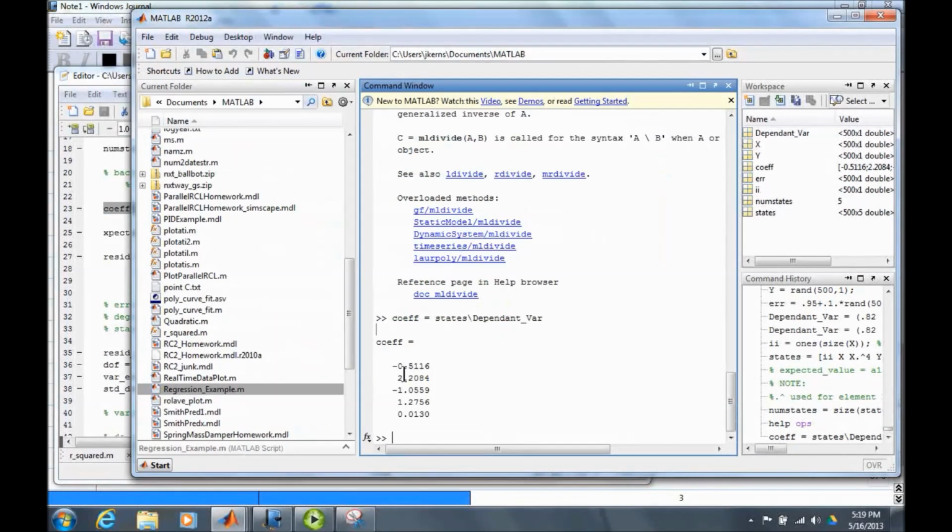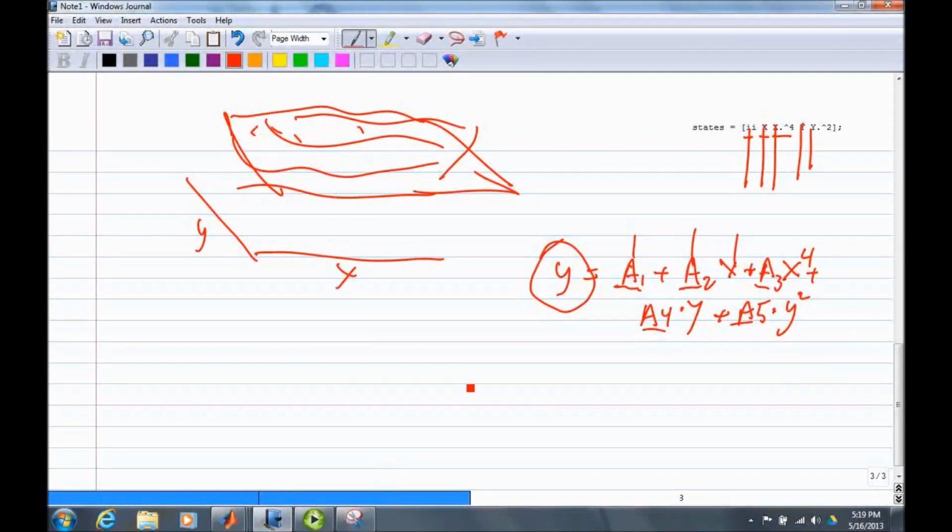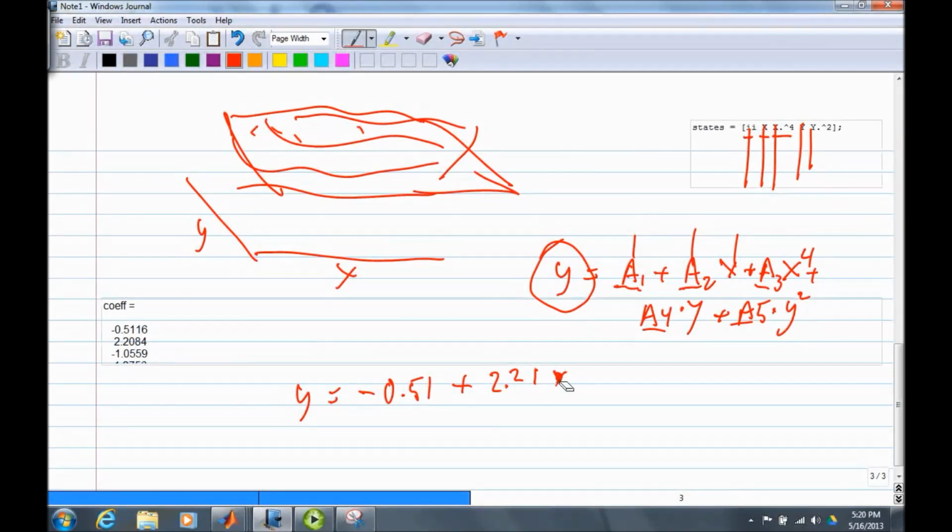So I can evaluate this, and I'll just evaluate it without the semicolon. And it tells me that my coefficients are here. We'll see, and going back to Notepad, put it over here. Paste. I can't read the last one. So what we're saying is that we expect y equals minus 0.51 plus 2.21 times x